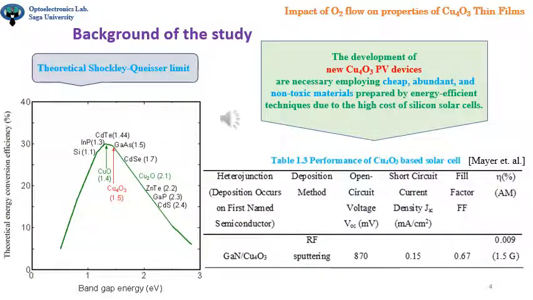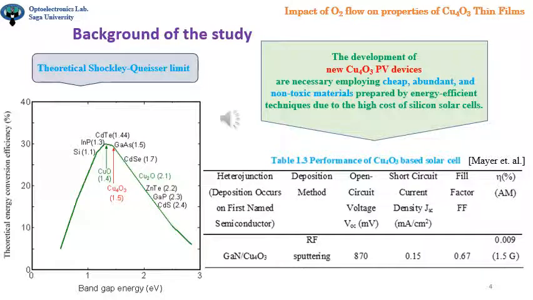Here I introduce the theoretical Shockley-Queisser limit for different materials. If we see the graph, in the case of CuO, its band gap is 1.4, so the theoretical energy conversion efficiency is around 30%. In the case of Cu2O, band gap energy is 2.1, so the Shockley-Queisser limit shows that the theoretical energy conversion is around 20%. On the other hand, in the case of Cu4O3, its band gap is 1.5, so the theoretical energy conversion efficiency is